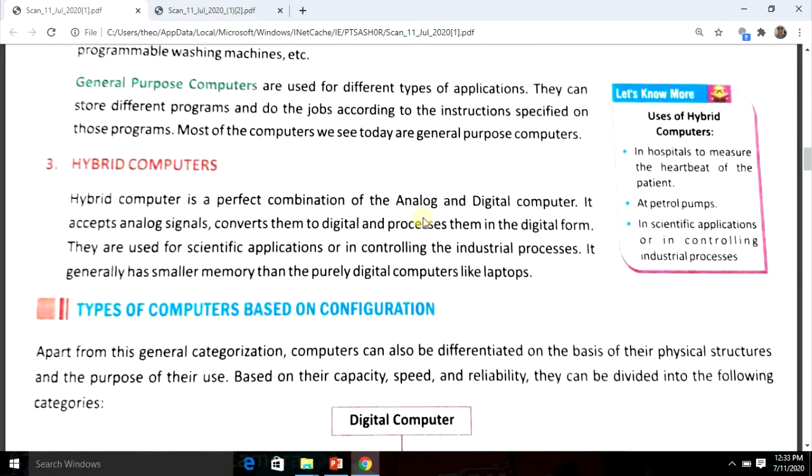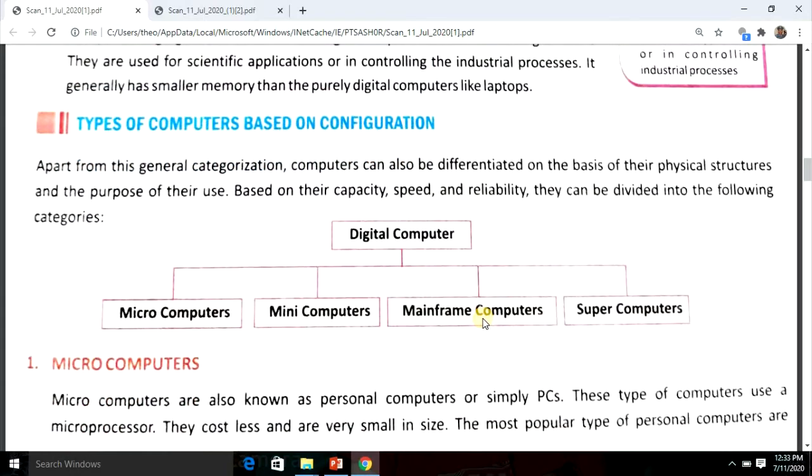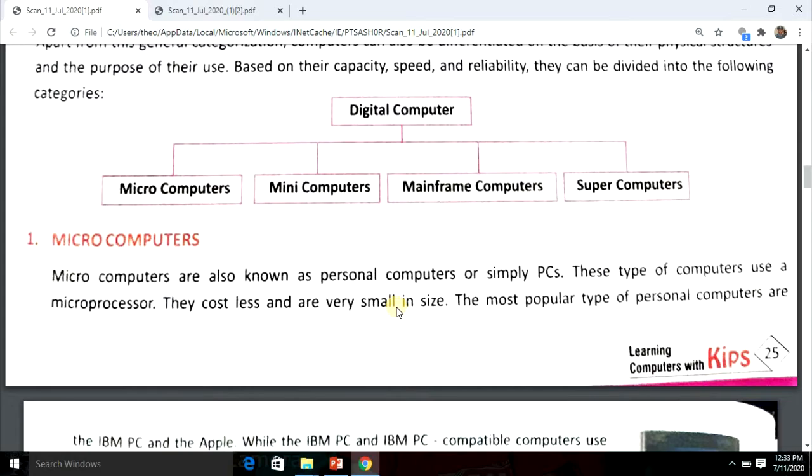A hybrid computer is a perfect combination of analog and digital computer. It accepts analog signals, converts them to digital, and processes in digital form. They are used for scientific purposes. Now types of computer based on their configuration. Apart from these, the digital computer is again divided into 4 parts: microcomputer, mini computer, mainframe computer,